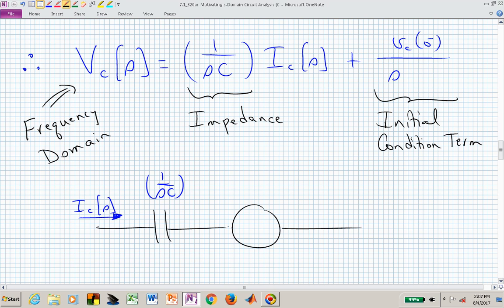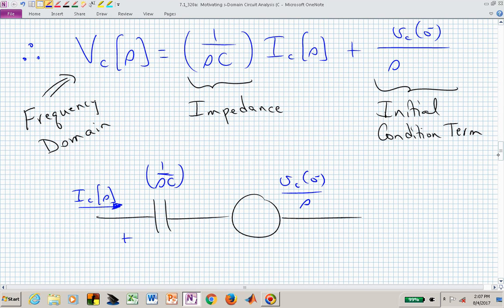And now we have to figure out how to introduce the sign or the polarity on that source. The value of that source will be V sub c of 0 minus. And what we want to do is make sure that this voltage, which now is not just the voltage across the impedance, but the voltage that incorporates not only the drop from the impedance, but also the drop from the initial condition. Here is our capacitor's voltage, and if we apply now